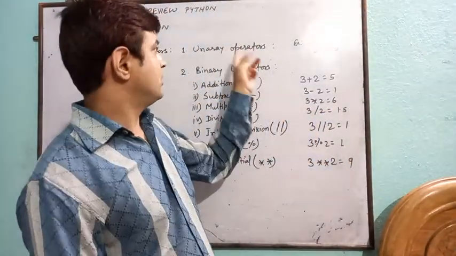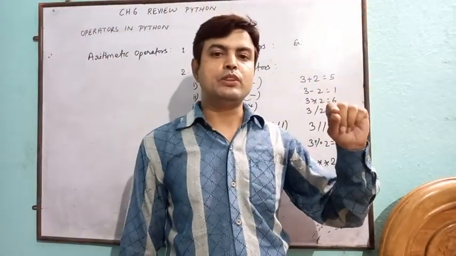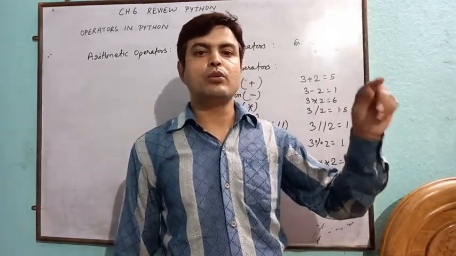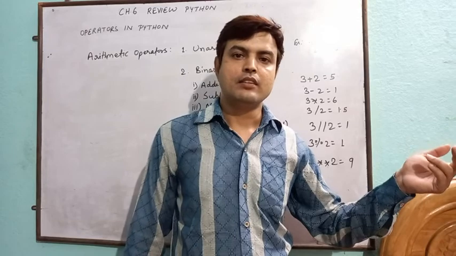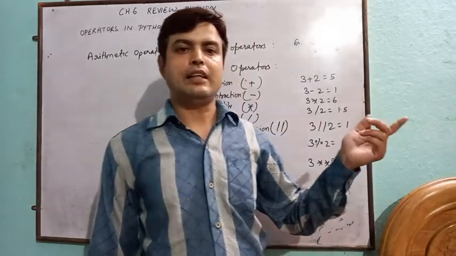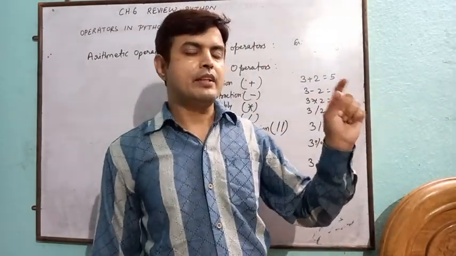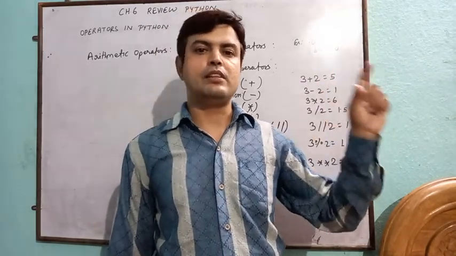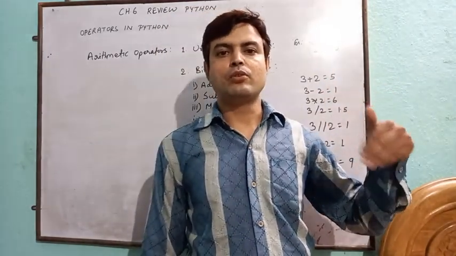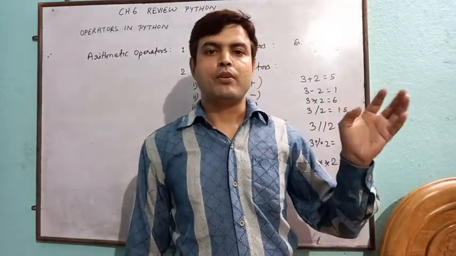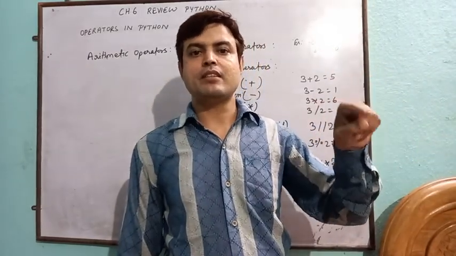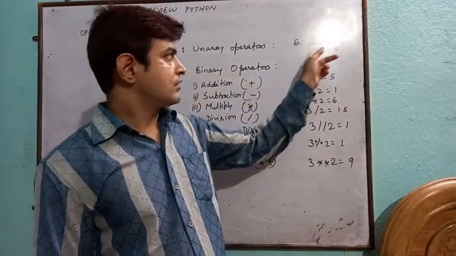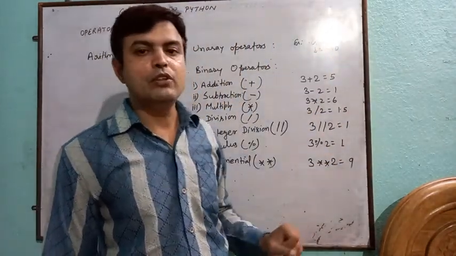There are two types of unary operator, plus and minus. Say x equal to 10 means it is equivalent to x equal to plus 10. That is the integral sign, the sign that we use in integers. Here x equal to 10 means 10 is a positive integer, or y equal to -10 means -10 is a negative integer. So this is an example of a unary operator.